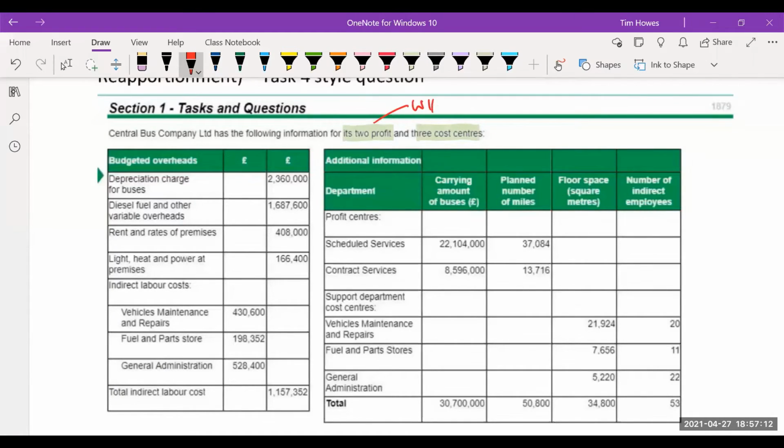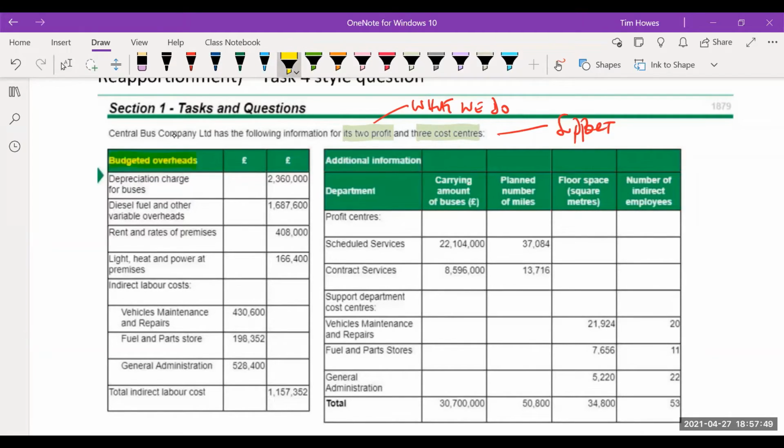The 2 profit centers, this is the what we do, but they don't manufacture anything, you see. So this is what they do. The 3 cost centers, these are the support functions. And I know sometimes when people do practice questions, you go on to the AAT assessments and there's a slightly different wording, possibly it's laid out a little bit differently, and that throws people. What I'd say is if you understand the problem and the process, it doesn't matter whether they call them Adam and Eve, we know what they're talking about.